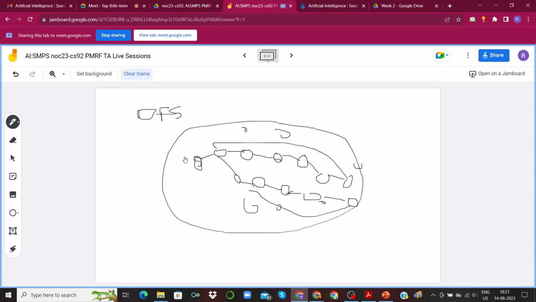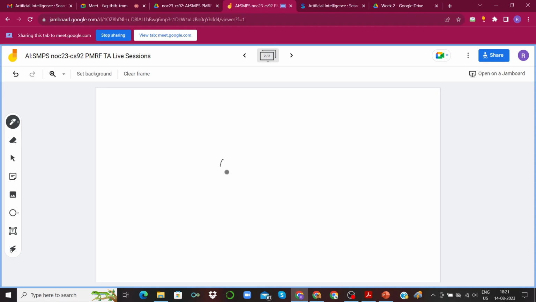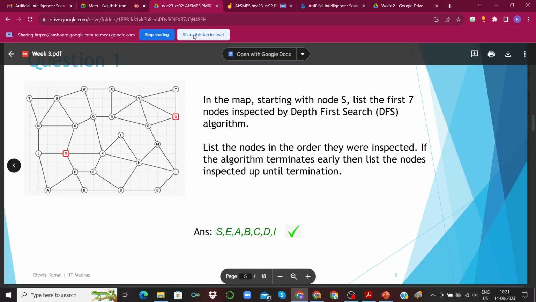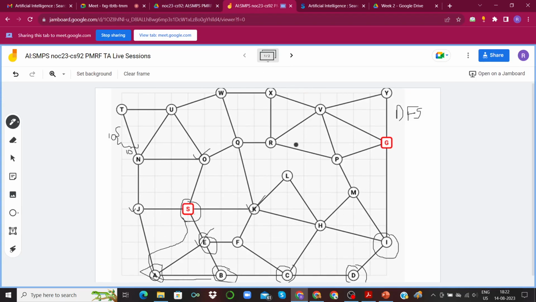Whereas what happens in breadth first search is, if you're starting from this start node, you move around the neighborhood, something like this. You explore the neighborhood first, and if you find the goal node in the middle, then great. Otherwise, you continue exploring the neighborhood of that particular start node until you find your goal node. Okay, so this is an intuitive way of looking at depth first search and breadth first search. So if we just follow that way, what is happening here is, let me erase everything so that we start from scratch.